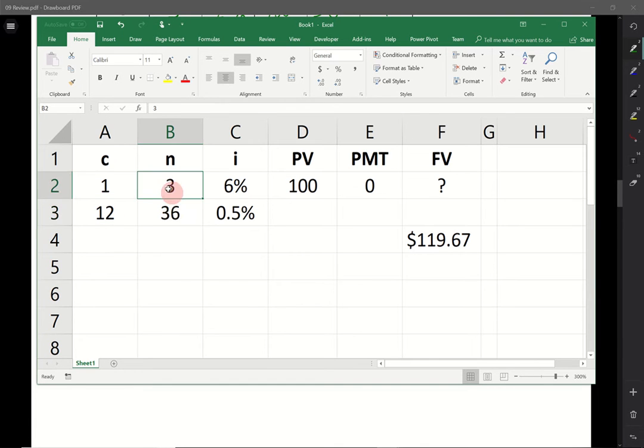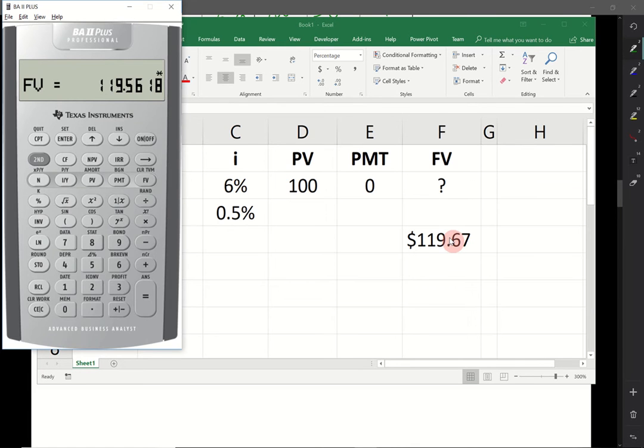The 3 annual periods becomes 36 monthly periods. The interest rate of 6% annually is 0.5% per month, and then the future value is computed for us. Here we have to put in the 36 monthly periods, and then we have to put in the 1.5%, and then when we compute the future value,